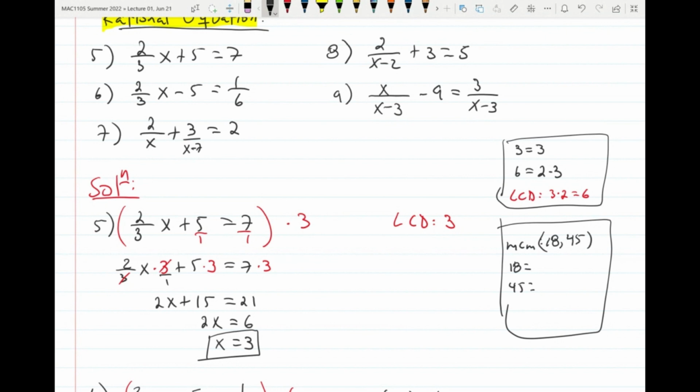So let's see, 18. What's 18 equal to? Just do the first factorization that comes to your mind. 2 times 9. But now we need to keep going. 3 and 6. So then 9